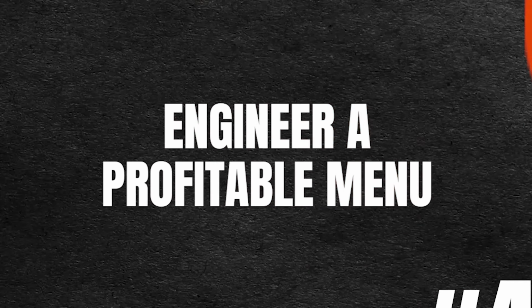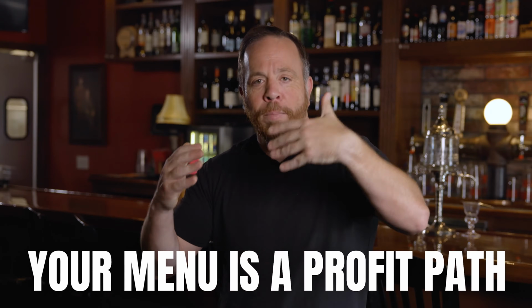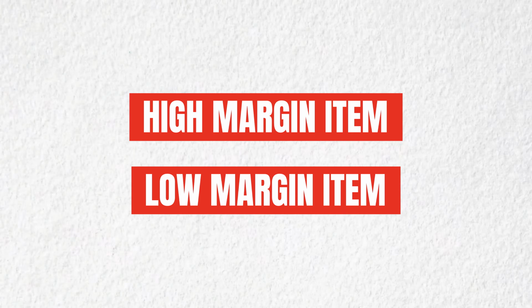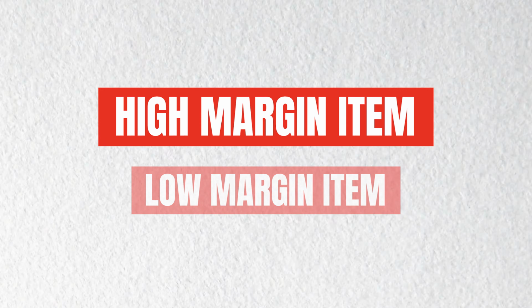Three, engineer a profitable menu. Your menu is a profit path. So once you have your costing sheets and once you have your portioning properly, now we go deeper. We're going to identify that which is a high margin item and that which is a low margin item. We're obviously going to focus attention towards the high margin items. And if it's low margin and there's no way to save it and it doesn't represent us well, it doesn't serve our engineering purpose. The high margin winner that is easy to execute, has solid branding, represents us really well,